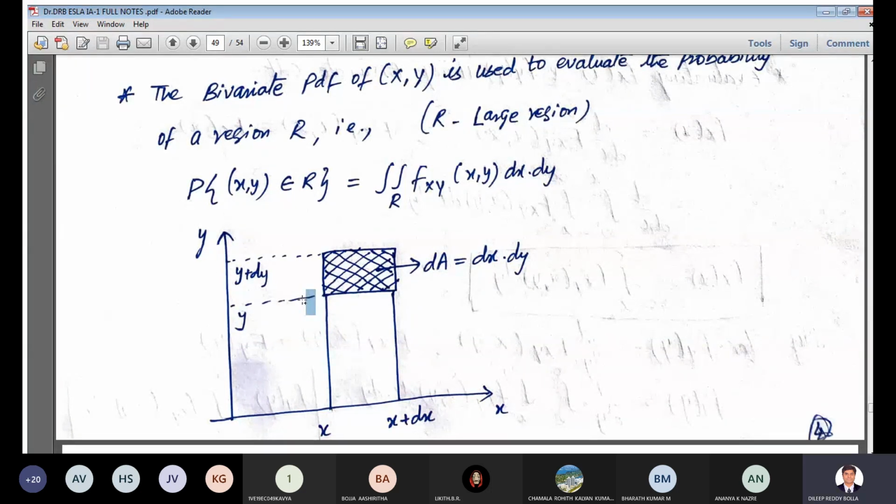So we have the point somewhere here, x and y. It has now increased and evolved to this region, x plus dx and y plus dy. Like this, it has evolved. So we got some region now, this much. So this much it has grown. What is shaded here is the area which we call R, the region or the area. That much it has grown. So that is called dA equals dx into dy. From there we can find the region.